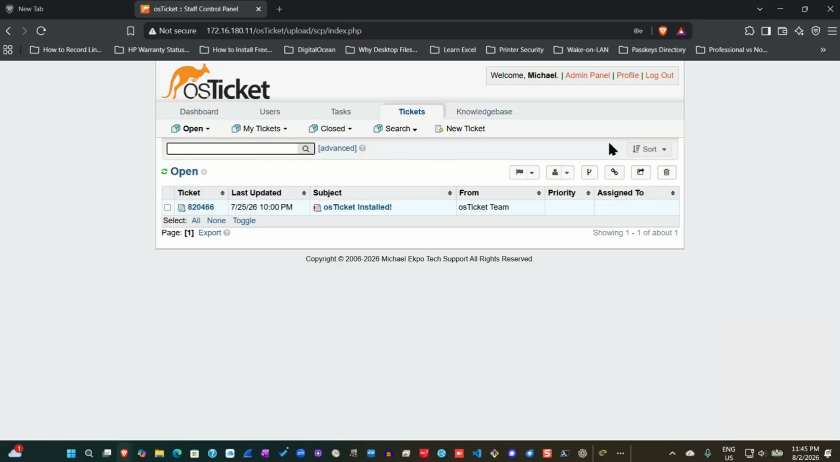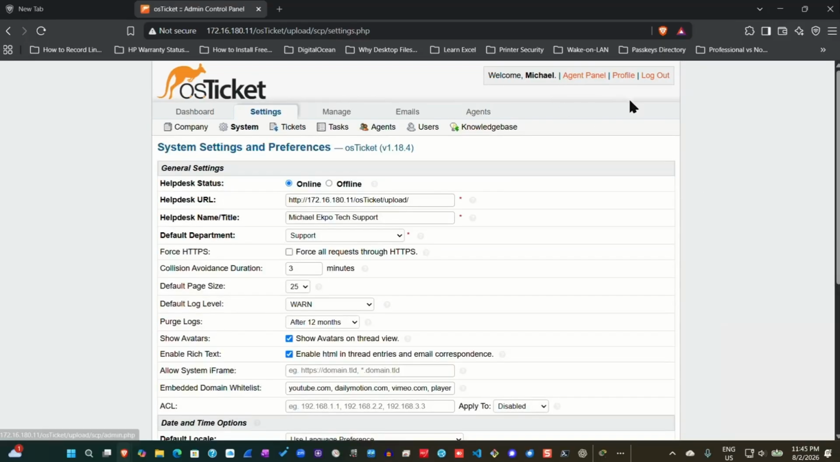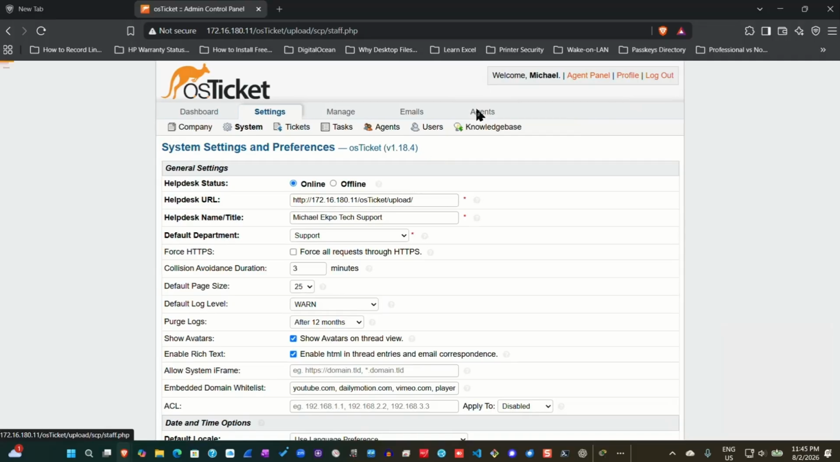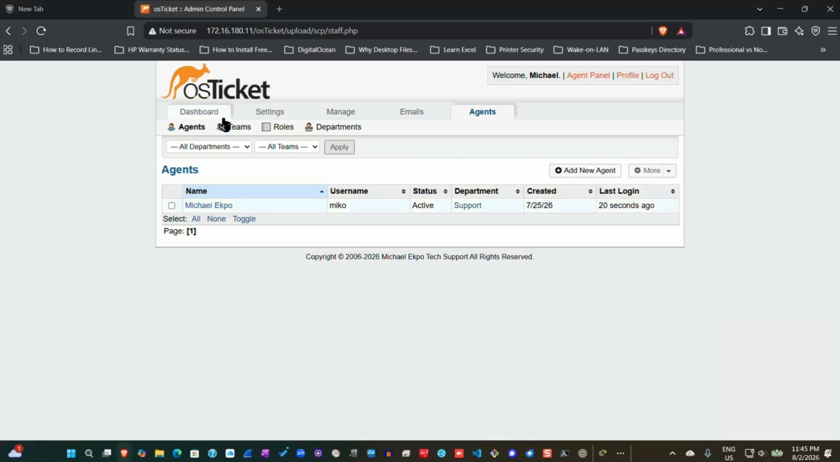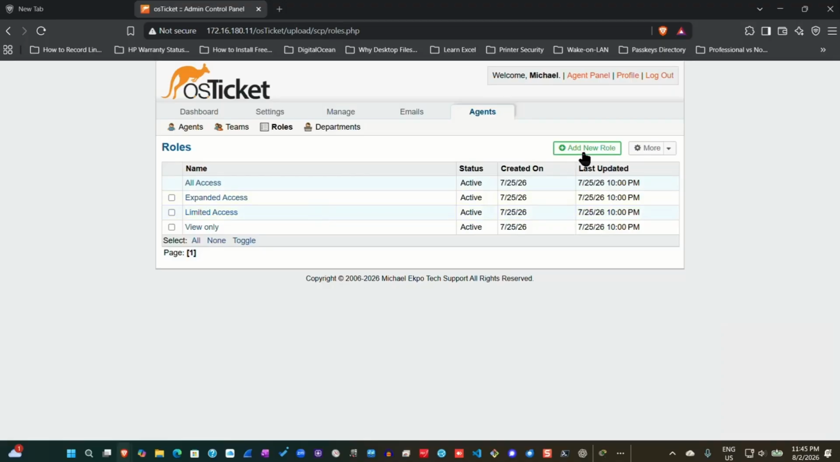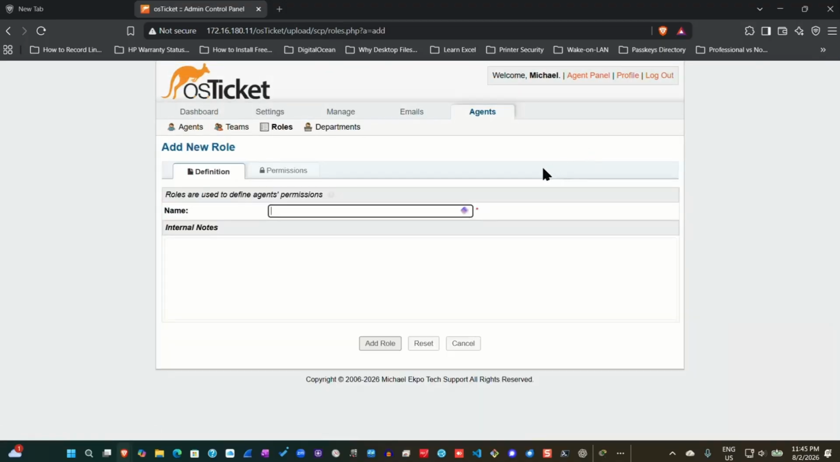To do that, I have to click on admin panel, and then I will click on agents, and then I'll click on roles, and I'll click on add new role. So I will call this role Supreme Admin. Okay, so the Supreme Admin, I'm going to give the Supreme Admin